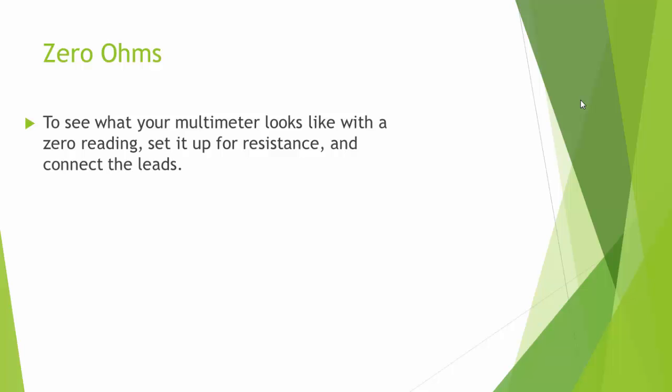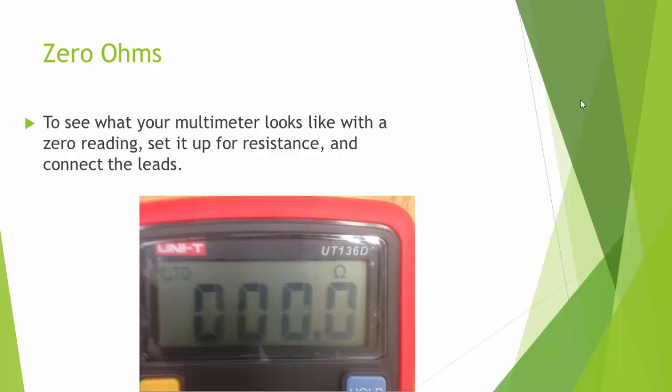So if you want to see what a 0 reading is, set your multimeter up for resistance and connect the leads directly together. So push the two leads directly together so the resistance between them is 0. And in my multimeter I use for this picture, the reading of 0 looks like this. So you can see the units are shown above the screen in ohms, and it's 0.0